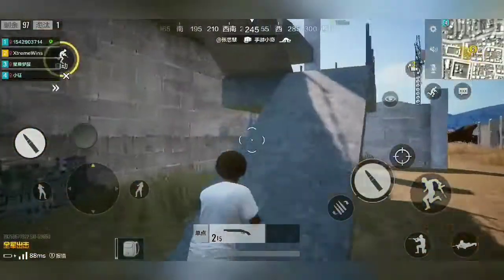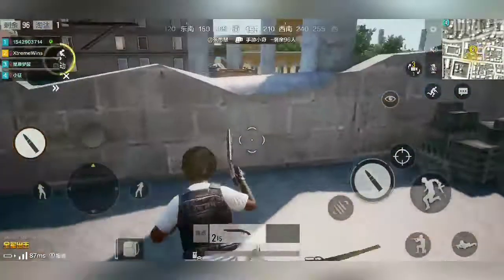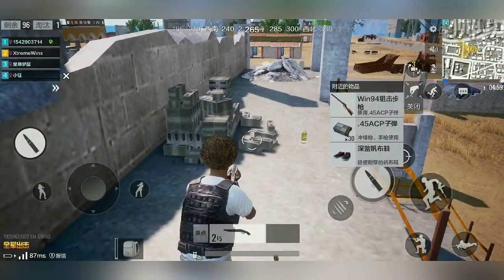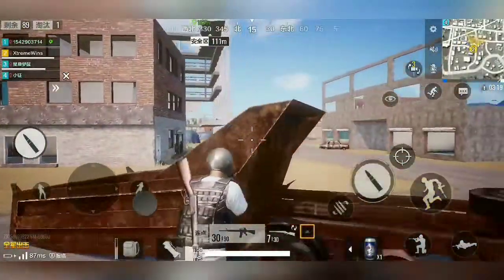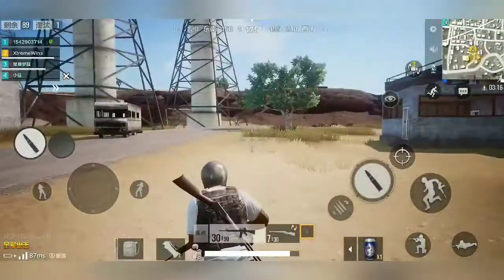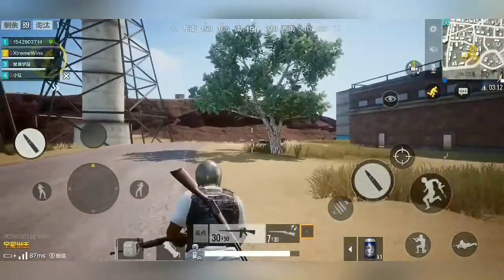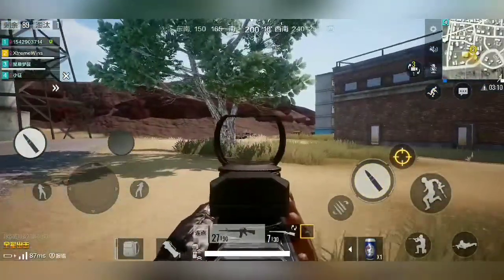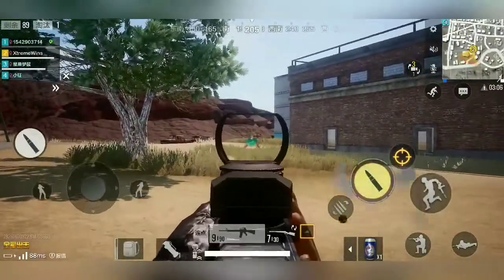So let's jump into it. Miramar is a desert map, completely different from Erangel, and we got a bunch of cool stuff going on here. Now in this version we have glass. I highly doubt they're bringing glass to 0.5, which I thought was really cool. I just want to give you that heads up, but they are optimizing supposedly to